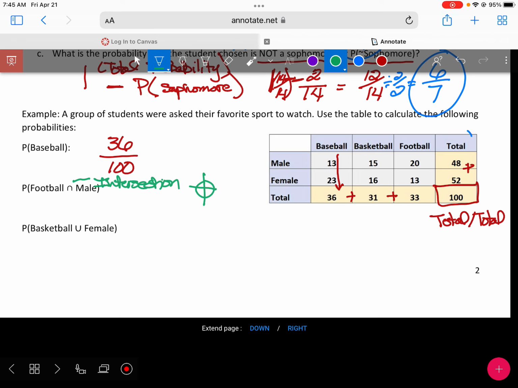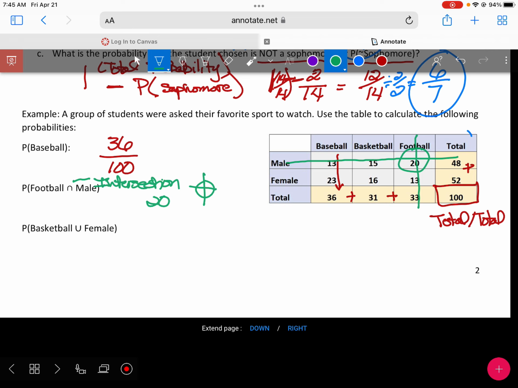So football and male at the same time. Well, here's my males in green. And here is those who like to watch football best. Where do those two lines intersect? At the number 20, correct? So that means your numerator is going to be 20